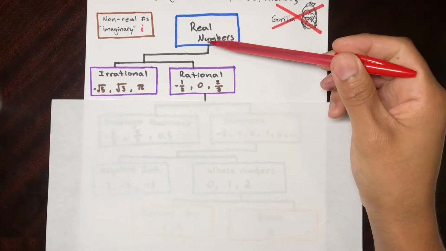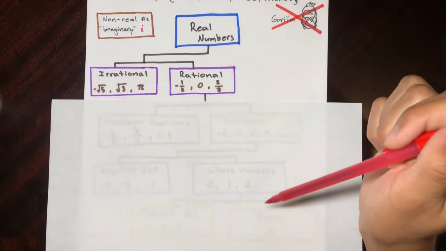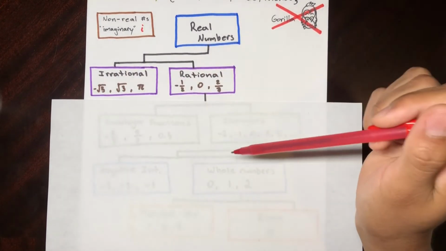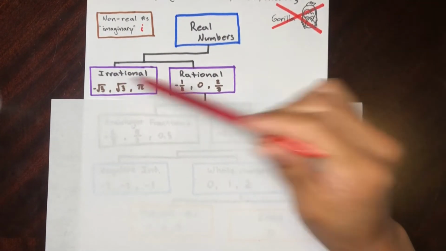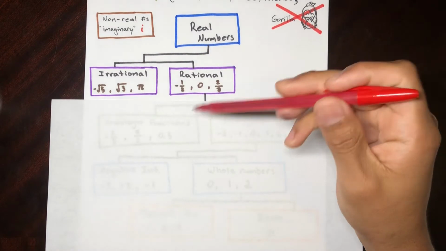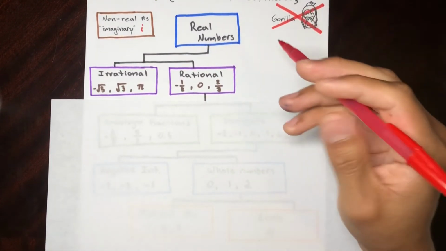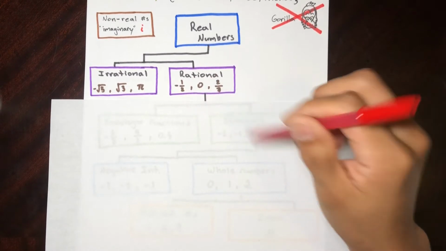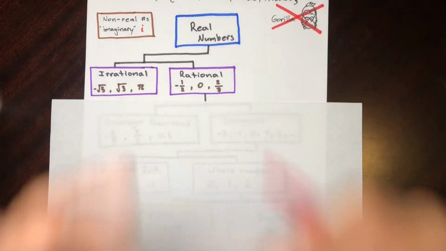The real number set's going to have an immediate subset that splits into irrational and rational numbers. Now, these are both subsets of real numbers. Both of these can be fit into real numbers. Irrational numbers are going to be numbers that basically are not tangible, okay? And I'll explain that a little bit further right now. But rational numbers are going to be numbers that you can fit into, let's say, your hand or your head,